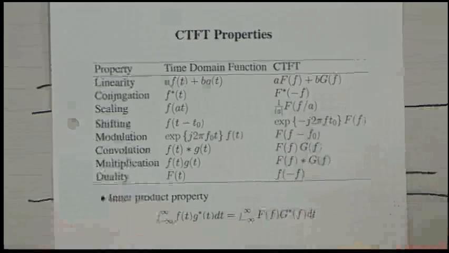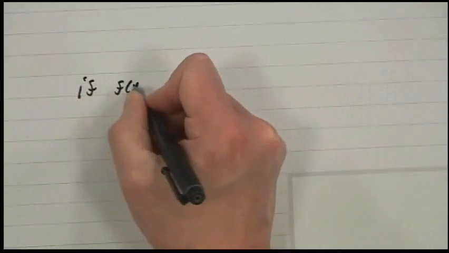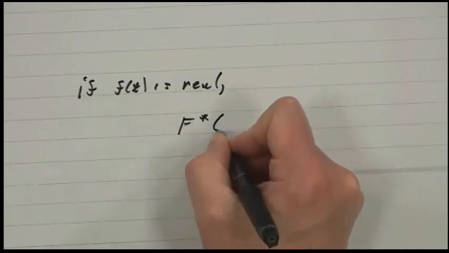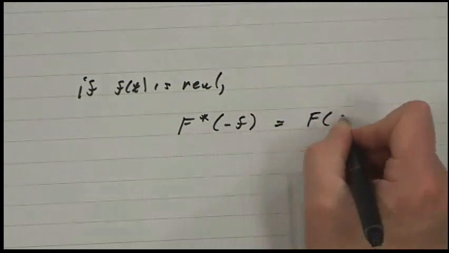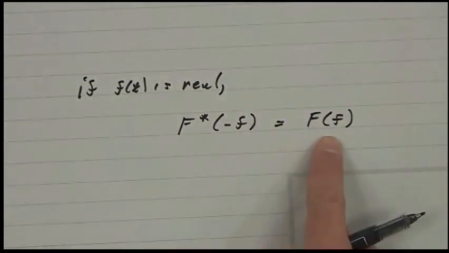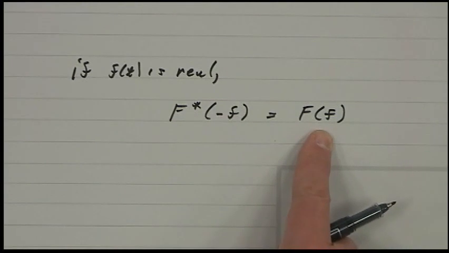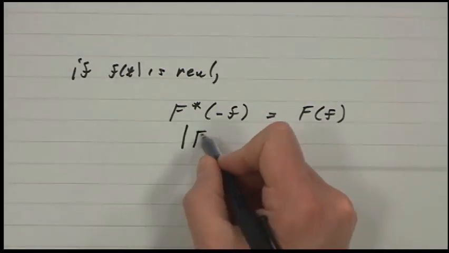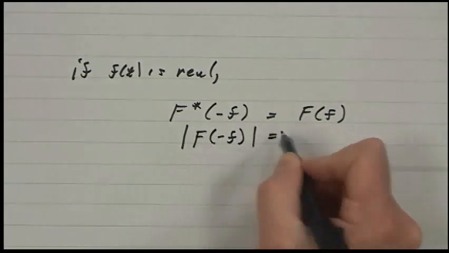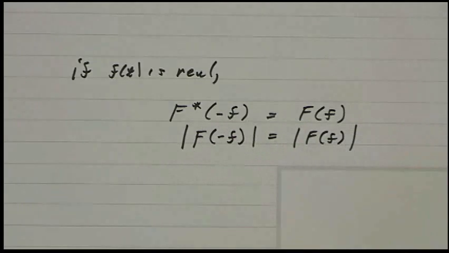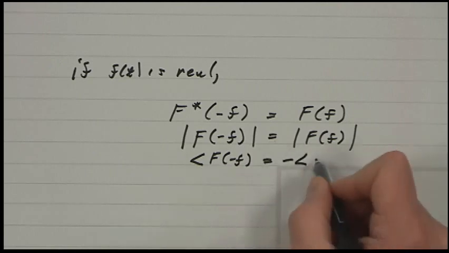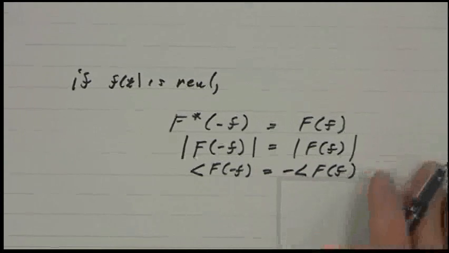So what this tells you is that if f of t is real, then F star of minus f must be equal to F of f. Okay? So that means that the Fourier transform of a real valued signal is conjugate symmetric. So that means that the magnitude of F of minus f equals the magnitude of F of f, and the phase of F of minus f equals the negative phase of F of f. So if you do a phase and magnitude plot,